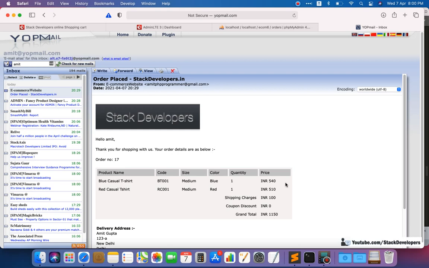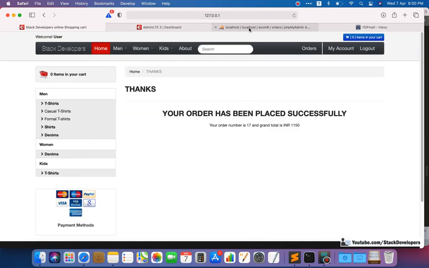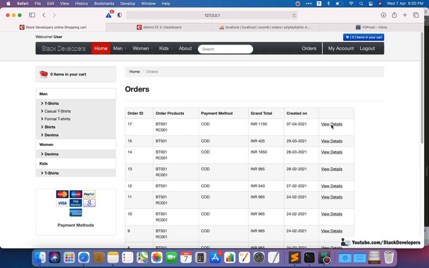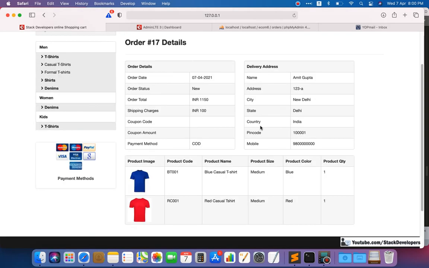So now it is fine. Shipping charges is coming fine now. And okay, so we can check in orders as well, the last, and here we can see the total amount here as well is 1150. That includes the 100 INR shipping charges.